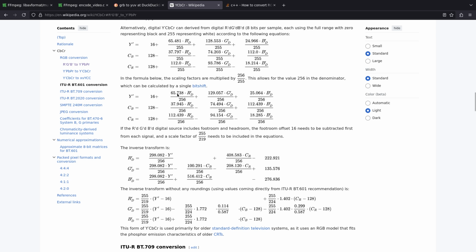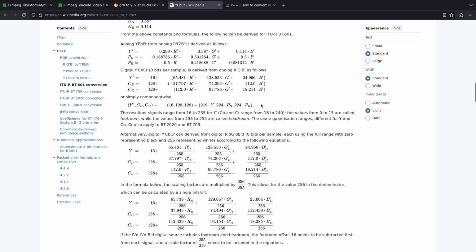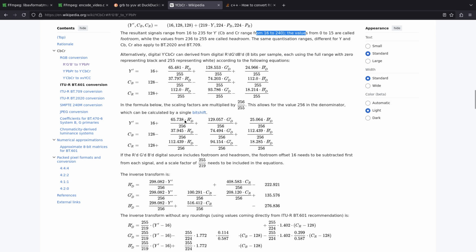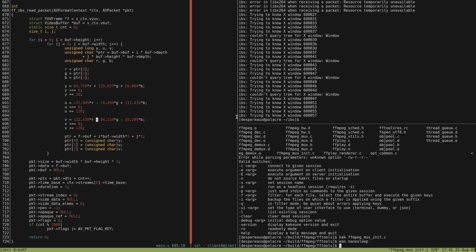Because what happens if you add these? You get 80, you get 90, you get sort of 230-ish. Isn't that around the max? Yeah, around 240. So I feel like these are meant to be in a scale from 0 to 1. Right, but then you divide through by 256, so it's fine. I think it's fine. Let's see if that's any better.